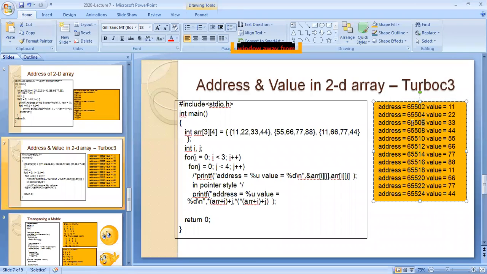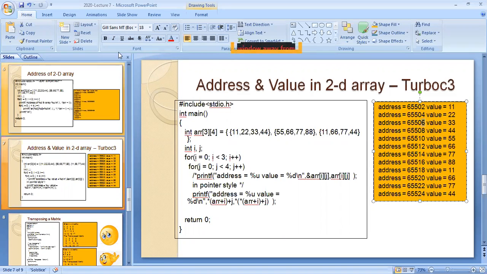So see here, each and every value has an address, but not like Ubuntu. In Ubuntu, each row will have one address. But here in Turbo C, each and every value will have its own unique address. Understanding? So how many addresses? In the Ubuntu operating system, each row will have one address, but in Turbo C, each element will have one address.